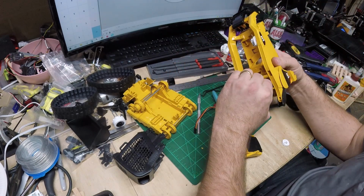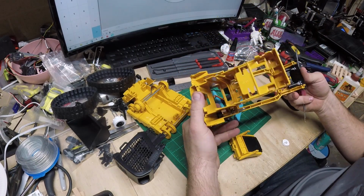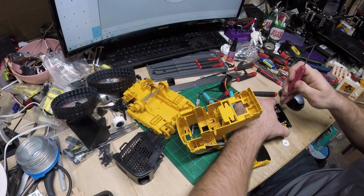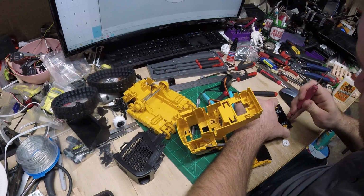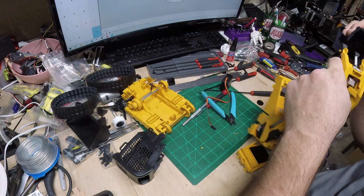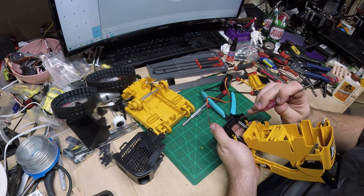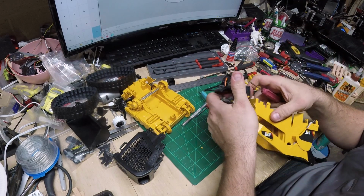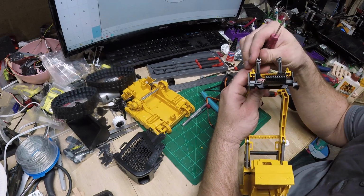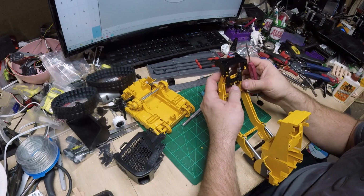Let's get this out of the way. And then also, I'm going to pop off these little cylinders here to free this up. Gotta get it down like that before though. There we go. Yeah, so those catches are right in there. So once we take that off,